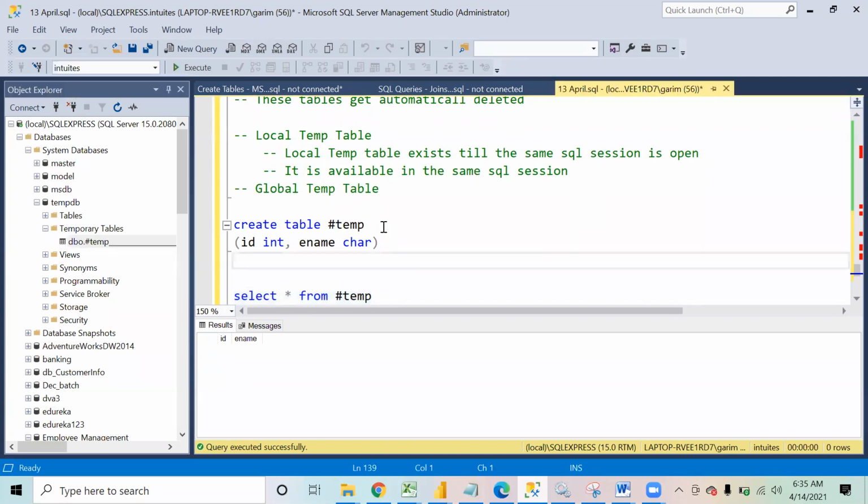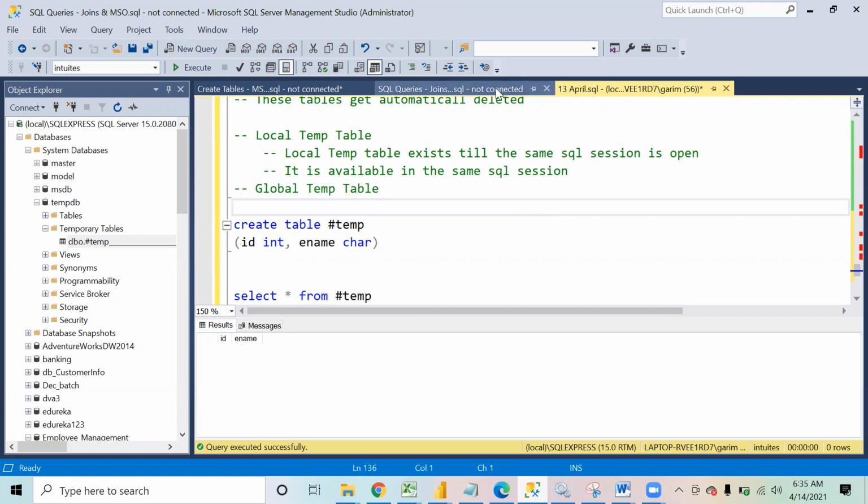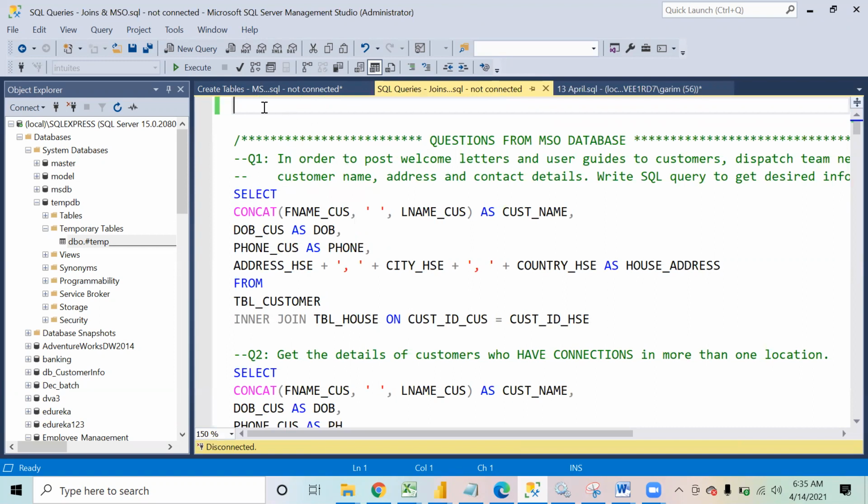See, now this table that I have created exists till the same SQL session is open. Let's say we're working on it today, and tomorrow when we come back, SQL gets disconnected. I'm just telling you that point. Now if you see, I am in this session right now. This is one session that is opened. Now this is another session. In this session, I can work on any other database that I want.